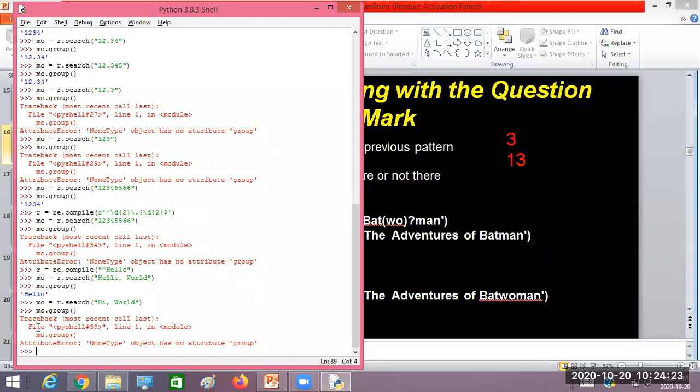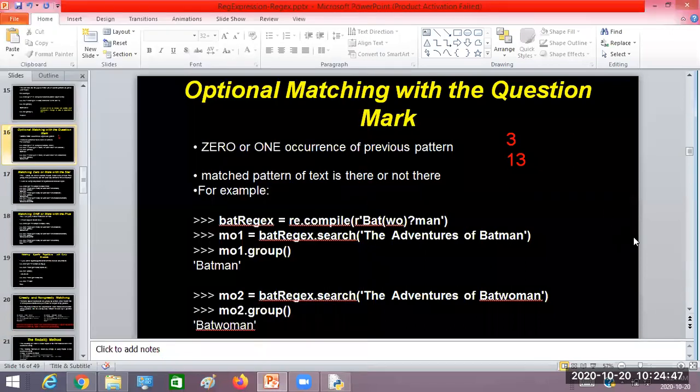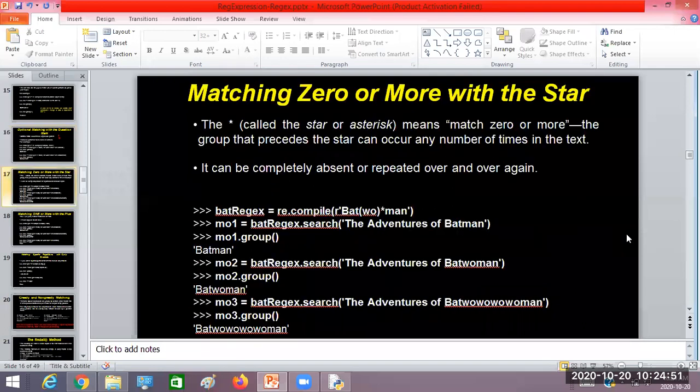There is another purpose of this caret symbol. I'll tell you that one with the character class. Later I'll explain with the character class. I don't want to confuse here itself. Later with the character class, I'll take that part into execution. So did you get the dollar symbol, caret symbol, and the question mark?